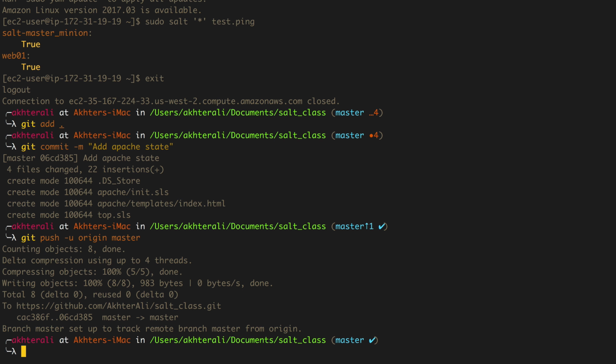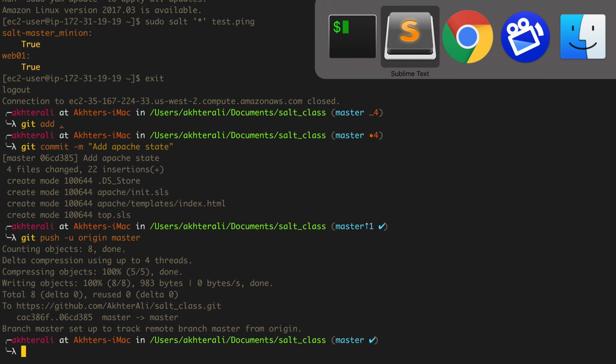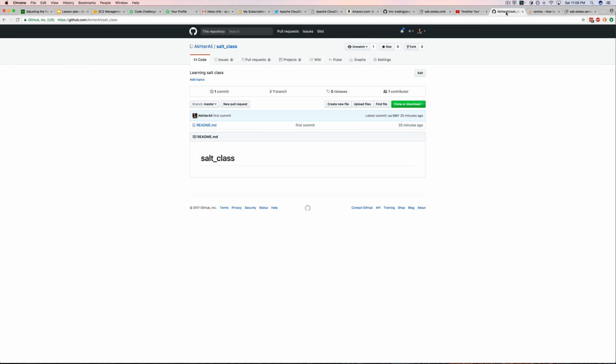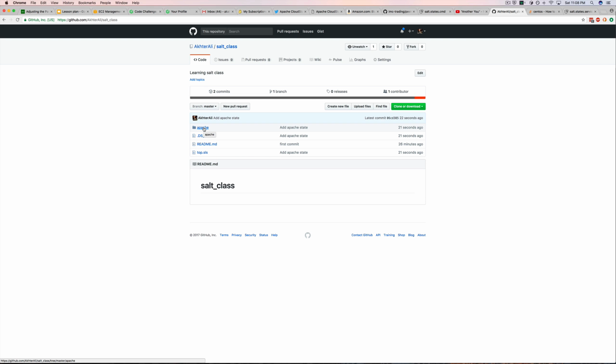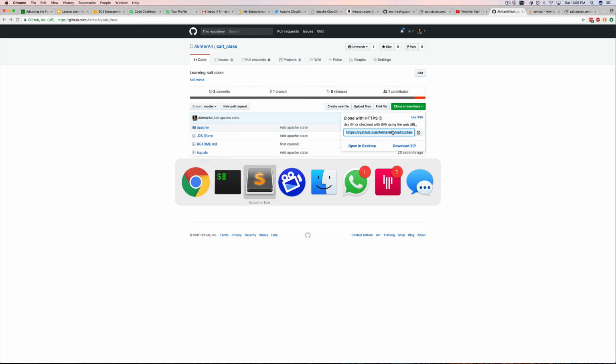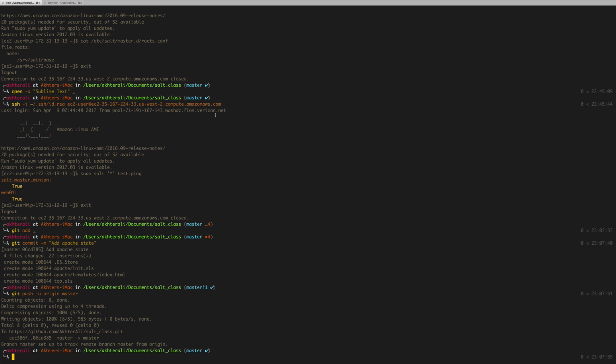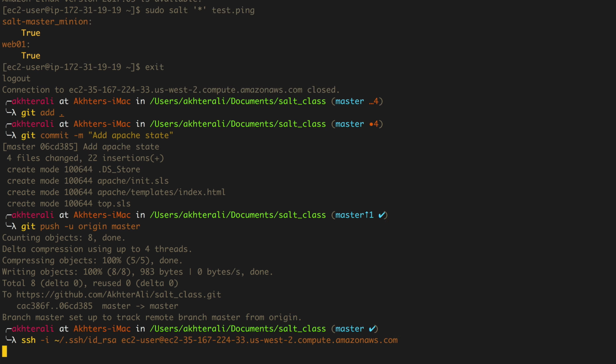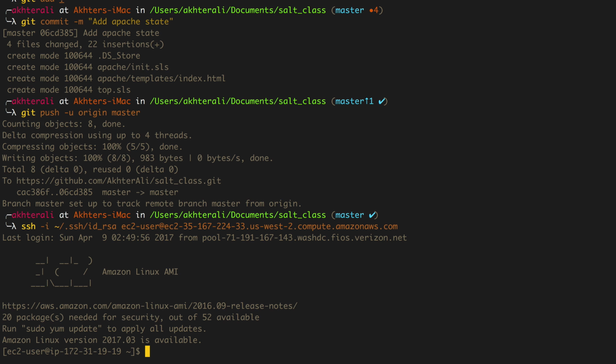All right, so now we should have these particular folders that we've just added to our Git repository. Let's go ahead and check that out. Here's my Git repository. And yep, we have Apache, we have the top.sls, but this is what we're primarily worried about. So let's go ahead and clone this onto our environment. So let's SSH into the master. And I believe our environment is